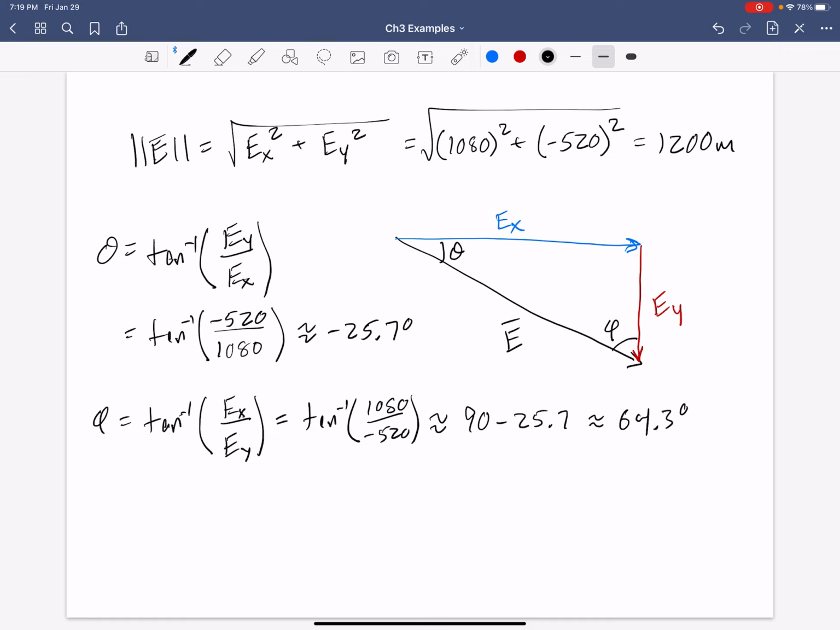Okay, so whichever angle you specify, you have to specify where it's measured from. This minus sign, by convention, means that the angle is going clockwise, right? That 64.3, that can be, let's see,